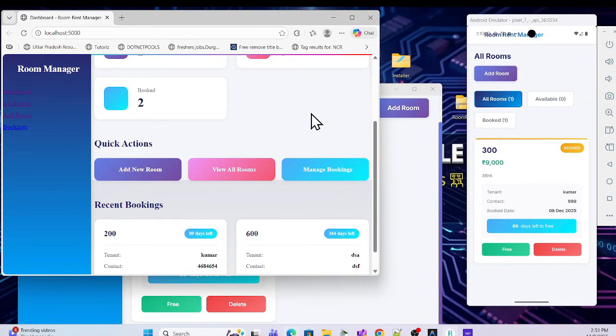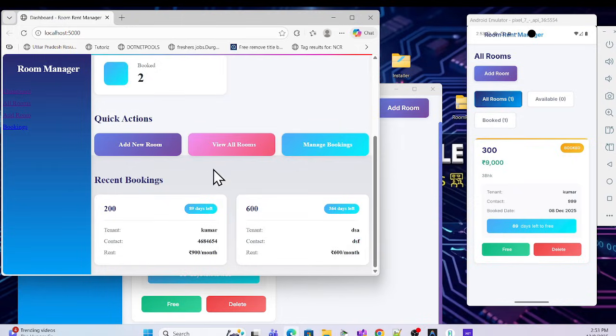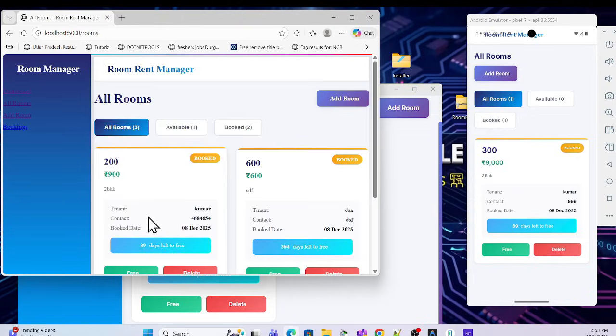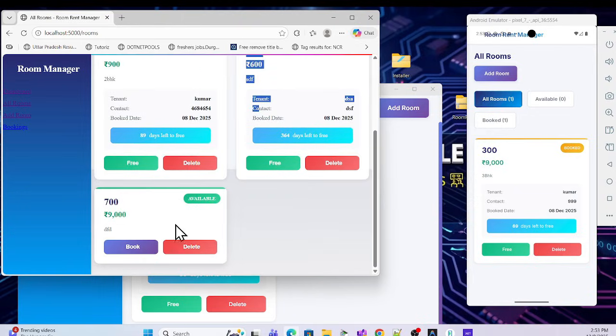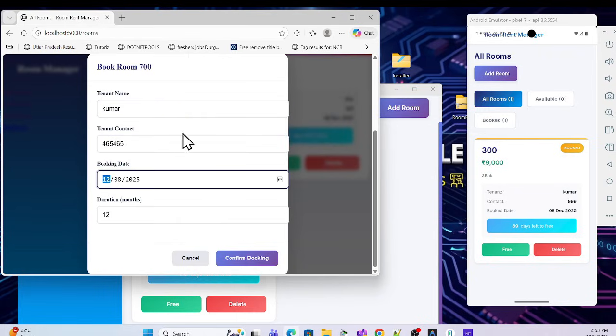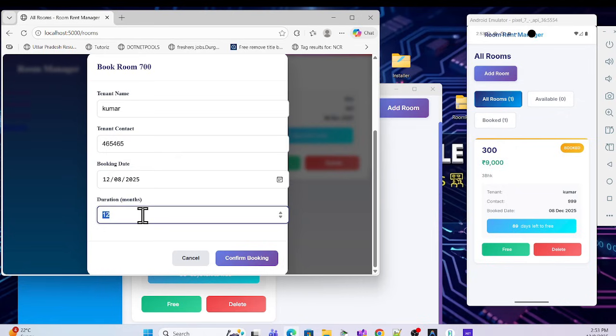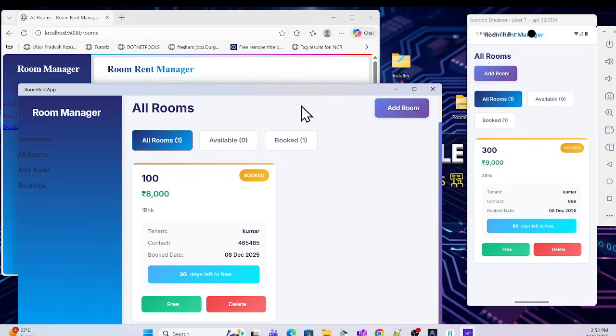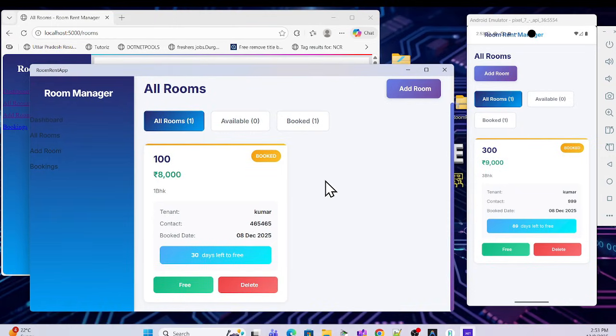And the same things I can check for the web application. So let me add a new room, just add another room, for example 700. Room description something like that. Monthly is 9K. Add the new room. Yeah, new room got added, and I can see the new room is over here. Book the room for Kumar, phone number something, and it could be 2 months. Okay, confirm booking. Yes. So yeah, see over here, all the platforms are perfectly working fine with this